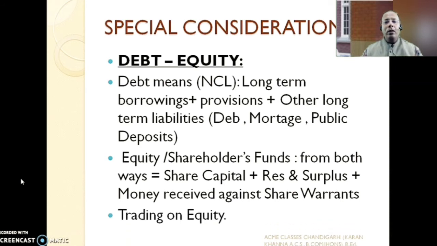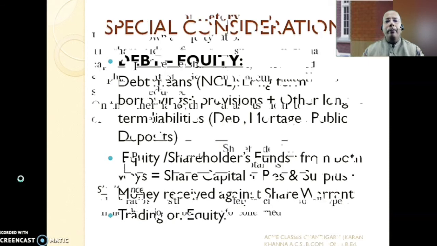And last but not the least, you have to know what trading on equity is. If your ROI is greater than the interest rate, the firm should borrow money rather than raise money through equity, in terms of debt or debentures, because that will result in an increased earning per share. If your ROI is less than the interest rate of borrowings, then the firm should raise money through equity rather than through debt. And that is the concept of trading on equity.